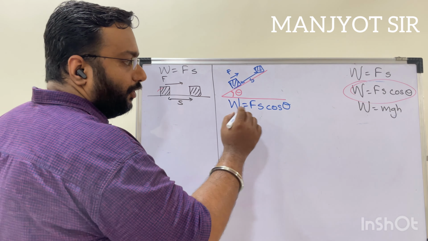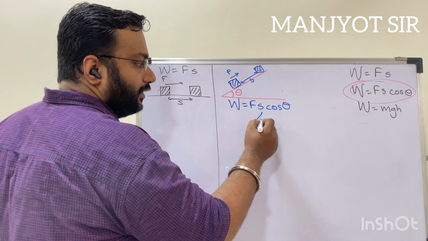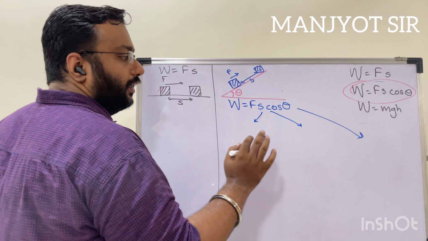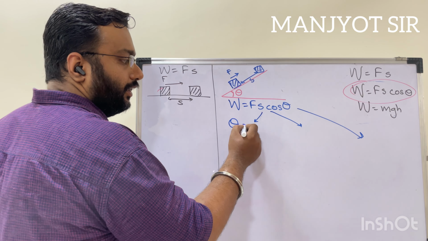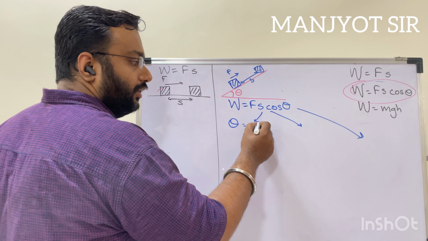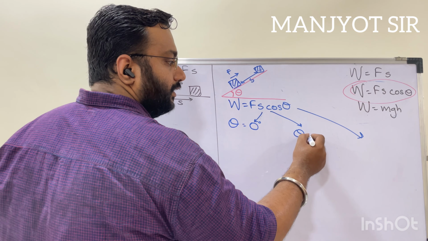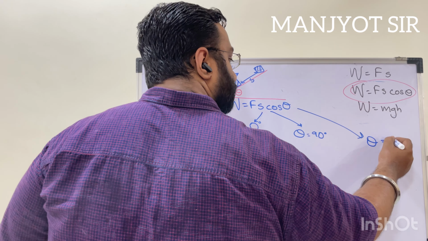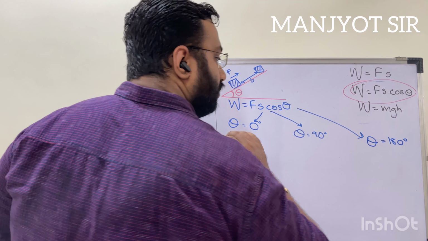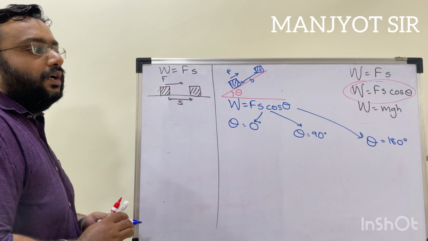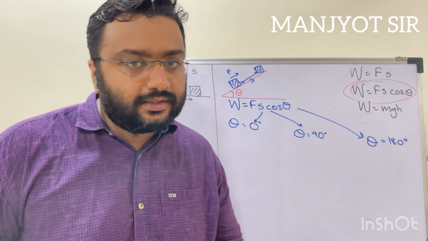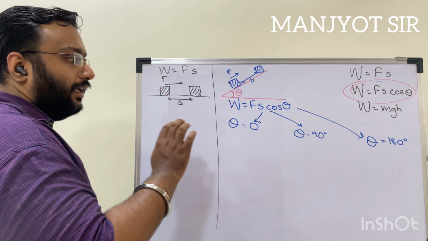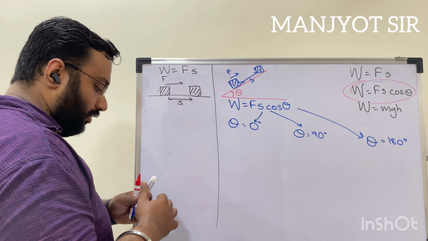Now observe here, for this second formula, you need to remember three cases, or you can say the three values of theta. So here the first value for theta is equal to 0 degrees. Second value for theta is equal to 90 degrees, and third value for theta is equal to 180 degrees. So you need to remember these three cases. So what are these three cases? We'll continue in the next video. For now, just remember that when theta is equal to 0,